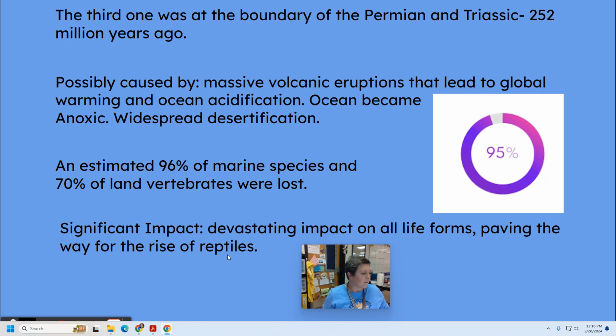So if you look at your black and white time scale and you look at the end of the Devonian, before that we had amphibians, right? So we had animals that could live on land, but then after that mass extinction, we got rid of a lot of land vertebrates, so maybe a lot of predators, and so animals were safer on land, and that paved the way for reptiles to come in and kind of dominate.